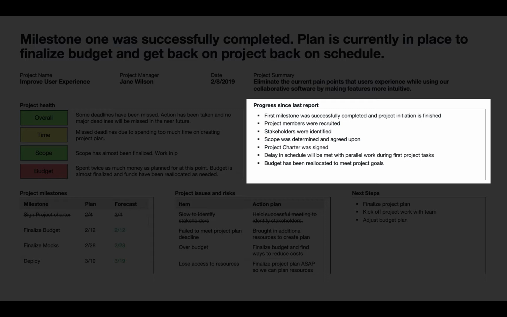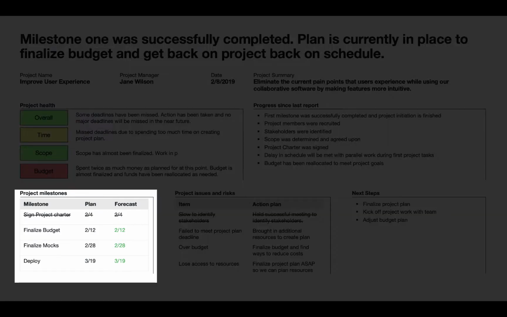It is vital to form precise and self-explanatory sentences so that everyone reading the report understands what's going on. Down below, there's an overview on the most important project milestones. Each milestone is shown with a scheduled plan date and a current forecast. Your audience can easily see if a milestone has already been reached, if it will be met on plan, or delay should be expected. Colored indicators like green or red make it easier for your audience to understand how you're